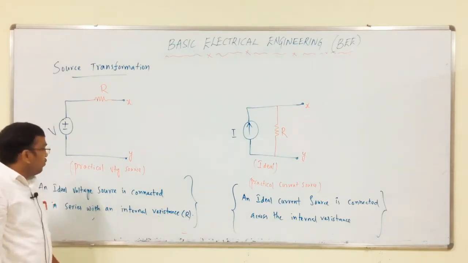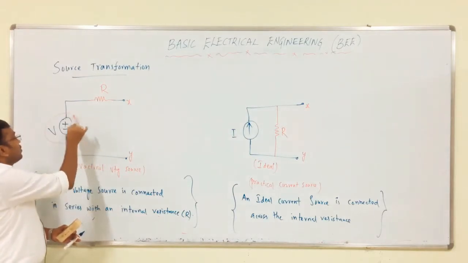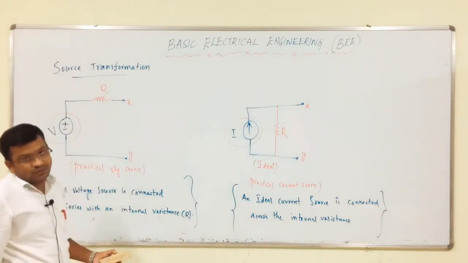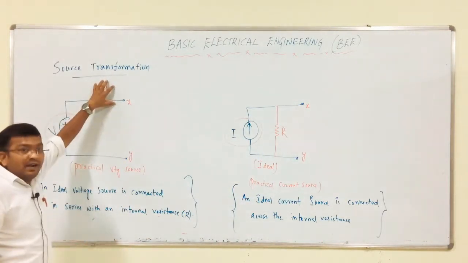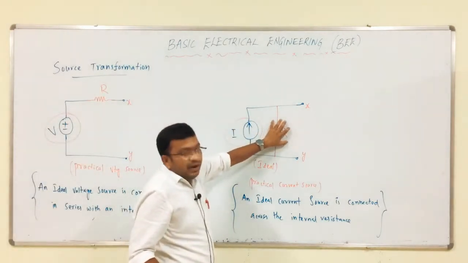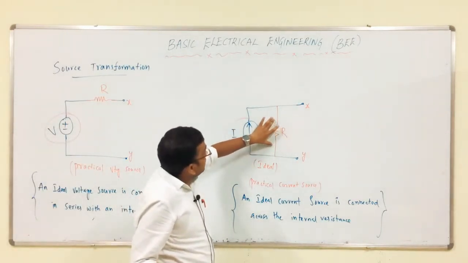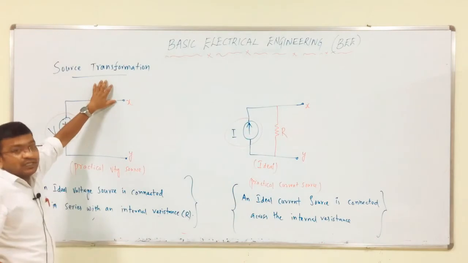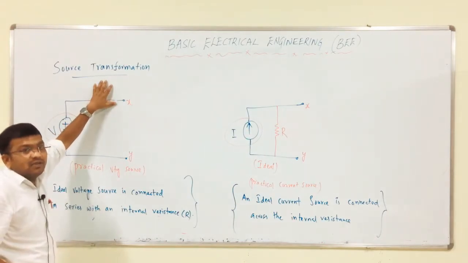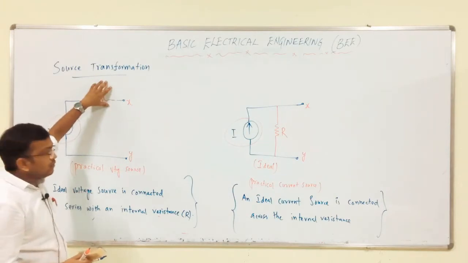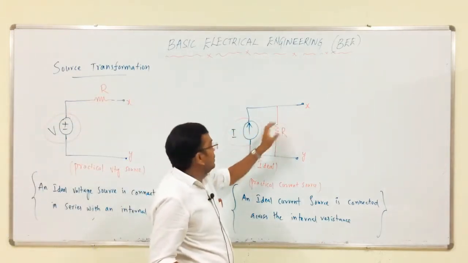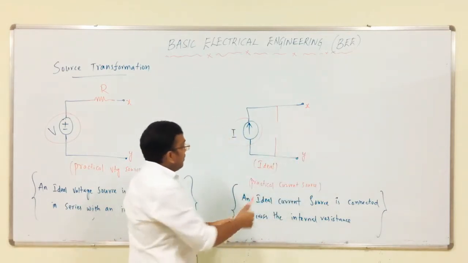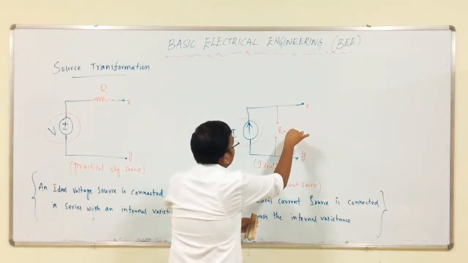Okay. Then tell me, what is the internal resistance of this ideal voltage source, and of this ideal current source? If we do not have this ideal voltage source, or this ideal current source, in this case these two terminals are open. Here there is no usage of this resistance, means R is equal to 0, then it should be ideal voltage source. If it is infinite, this should be ideal current source, means like this open, means R is equal to infinite.